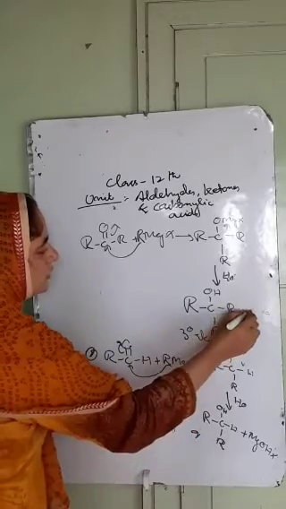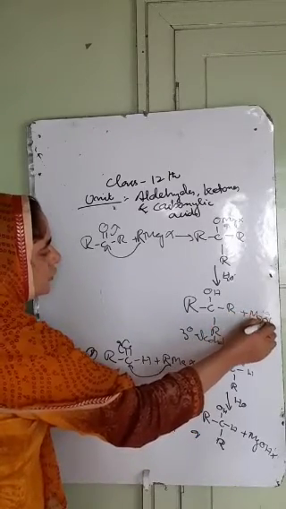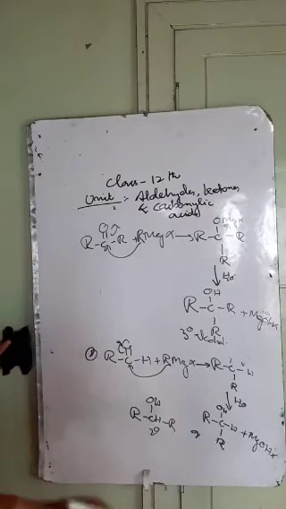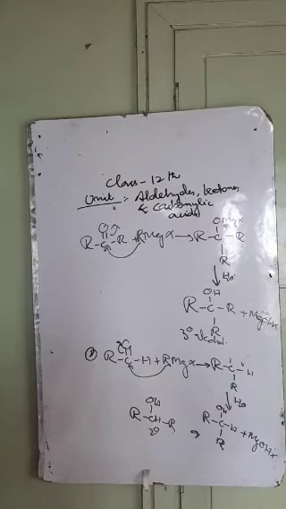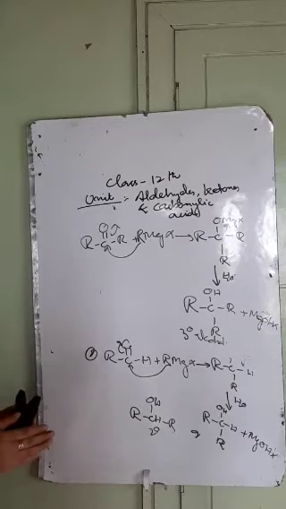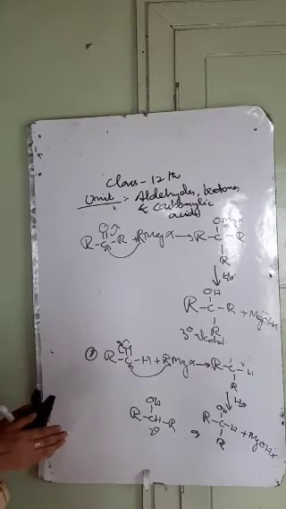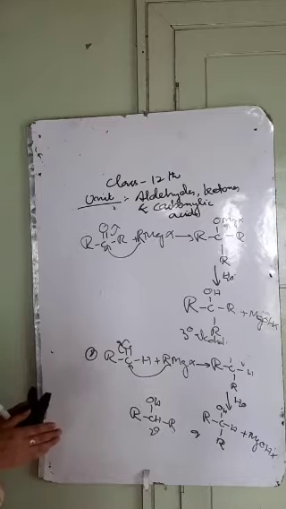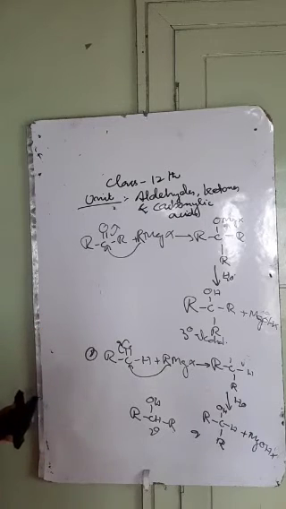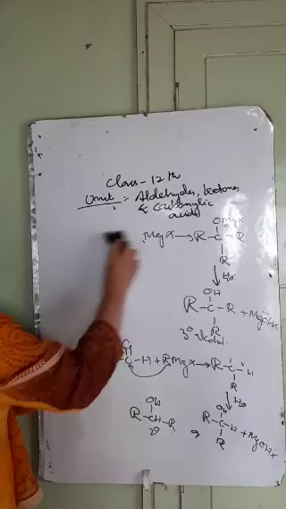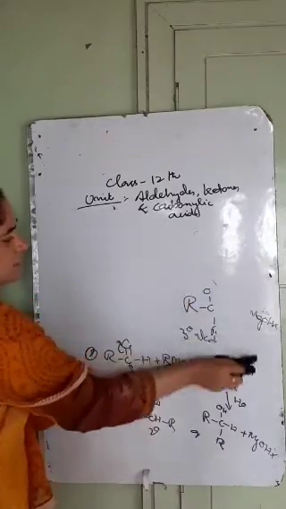This is the reaction shown by the aldehydes and the ketones with Grignard's reagent, where primary, secondary and tertiary alcohols are formed. ये reaction हमने alcohols में भी discuss की थी, that is the preparation of primary, secondary and tertiary alcohols from aldehydes and the ketones. And this is the repetition of that reaction where aldehydes and ketones react and form the alcohols. Now we have another reaction in this category, that's reaction with alcohols.